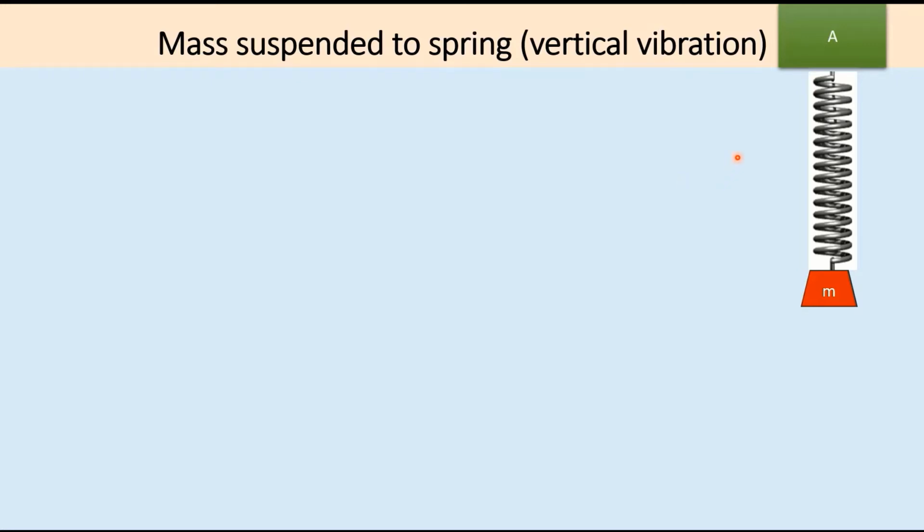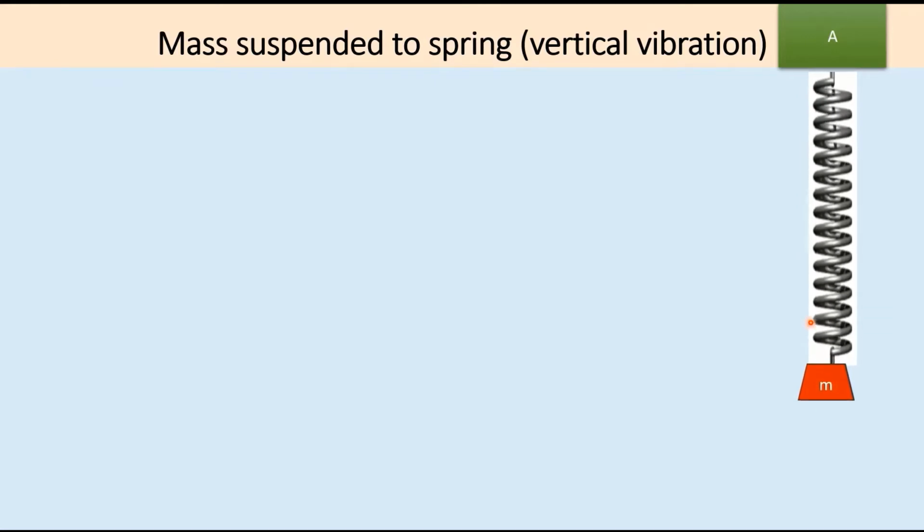So this is the arrangement here. It consists of a spring which is attached to the rigid support here vertically, and the other end of the spring is connected to the mass. So when you pull this particular mass in the downward direction, then release, this spring is set into vertical oscillations. So we can prove that this is nothing but the simple harmonic motion. The oscillations of this mass suspended to spring is the simple harmonic motion.